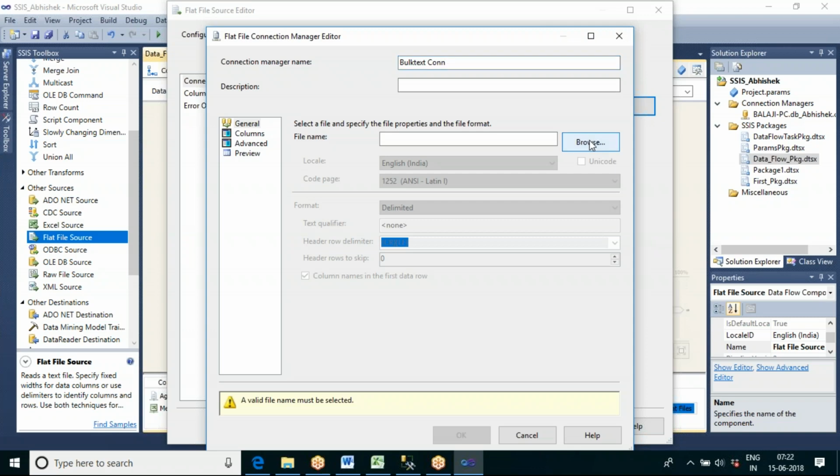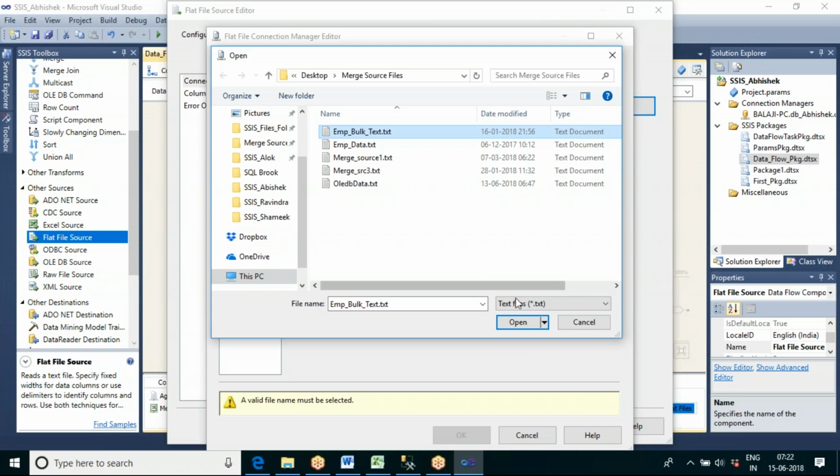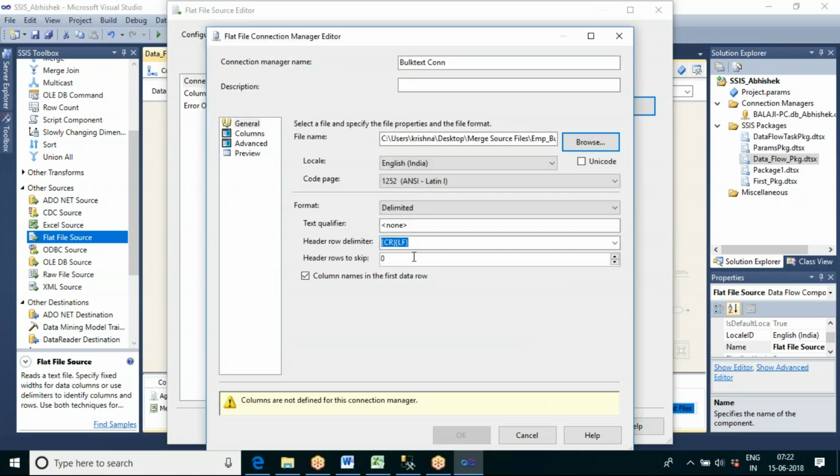Let me browse for the data file and select the text file. Does the text file have column names in the first row?